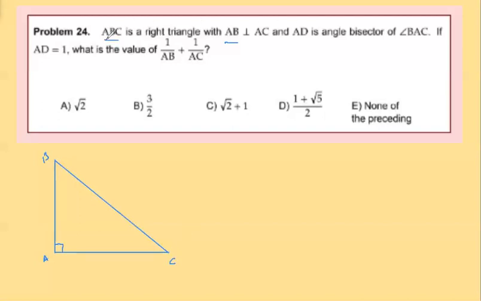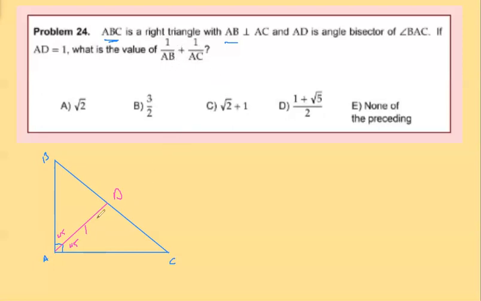And actually, we are told ABC is a right triangle, and AD is the angle bisector. So from A, D has to be on BC. That's why I'm going to go ahead and draw my angle bisector, and this is going to be our AD. I'm going to call this point D. And if this is an angle bisector, this needs to be 45 and this needs to be 45. And if AD is 1, so this is 1,